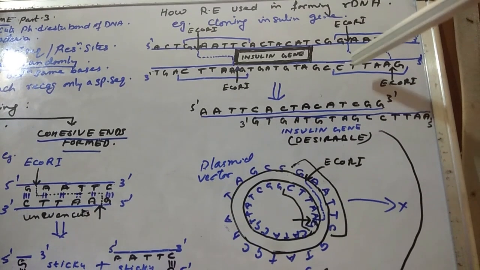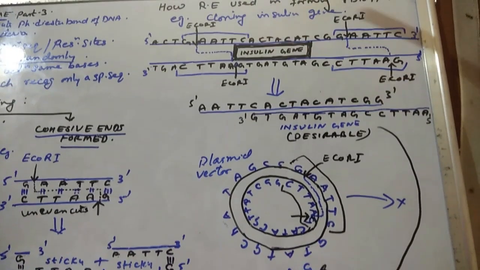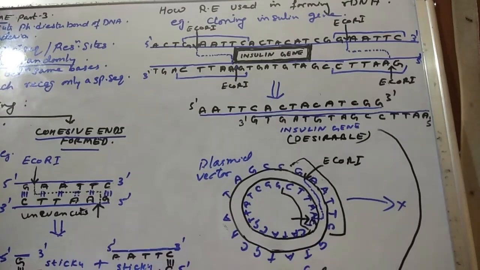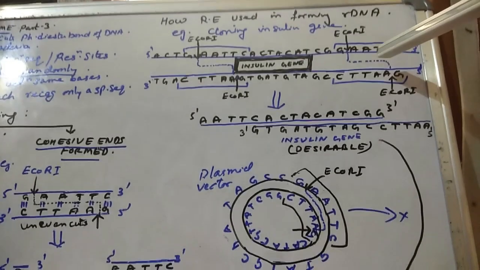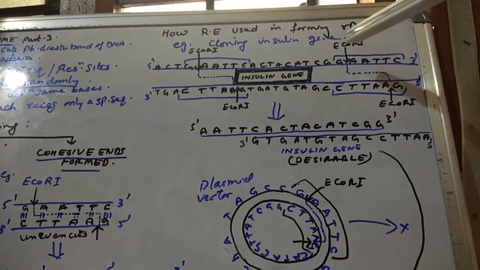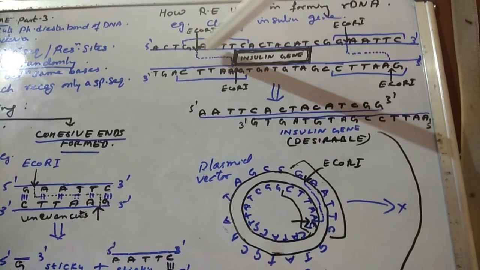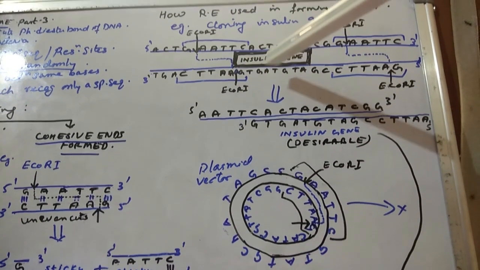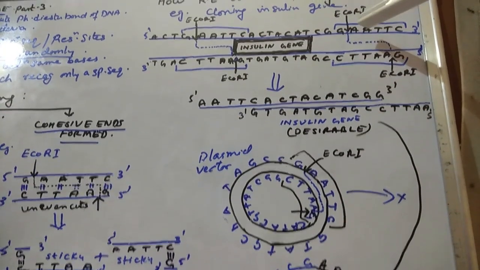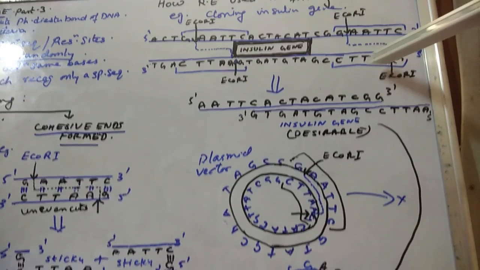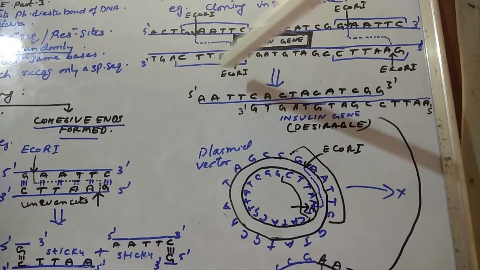Suppose this is a long fragment. I am using the restriction enzyme EcoR1. You all know EcoR1's recognition sequence is GAATTC. It will run over the fragment and identify that particular recognition sequence, GAATTC. The human genome is so long, there may be more GAATTC sites somewhere nearby. Down here is the complement to this GAATTC, reading backward 5 to 3, also GAATTC.